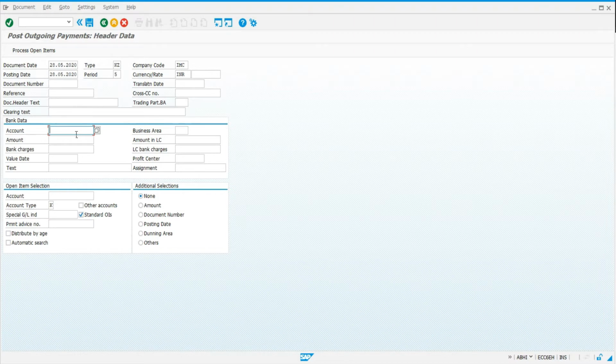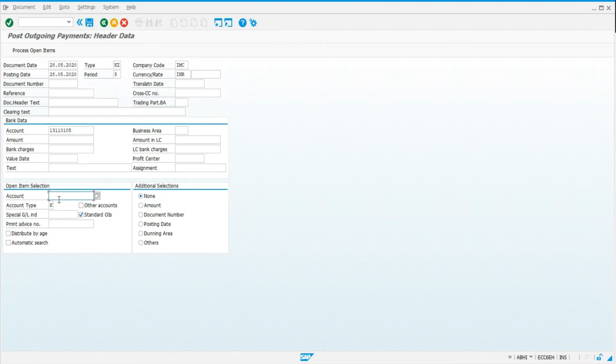But for now, for your information, the general ledger account is what the accounting department will determine for posting of payments related to our plant. So in our case, we have selected 131100105, that is the general ledger account for issuing of amount to the vendor from our plant.